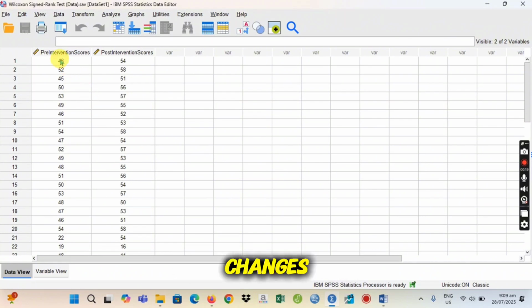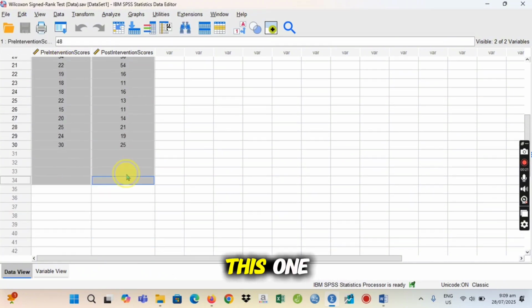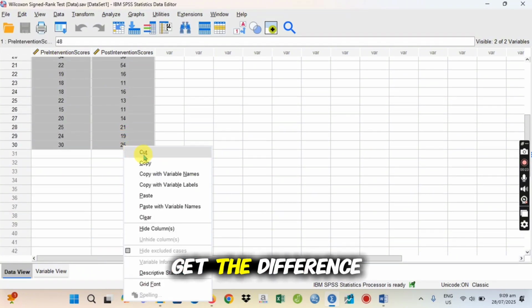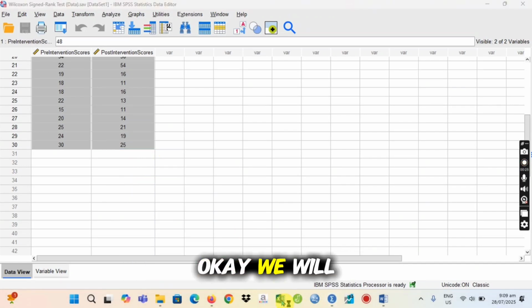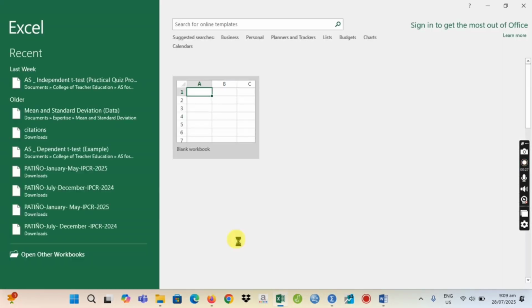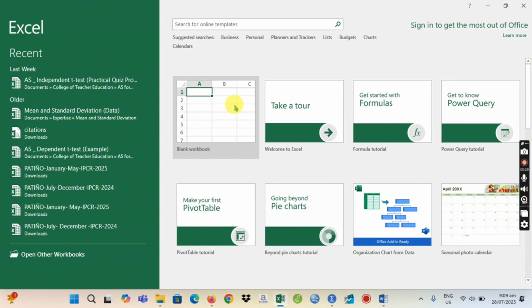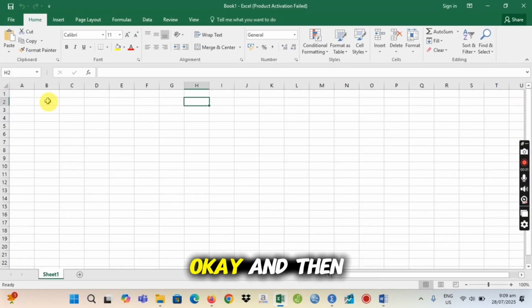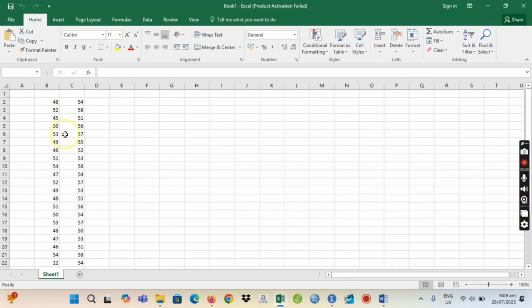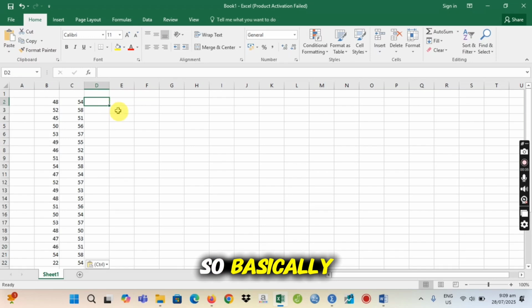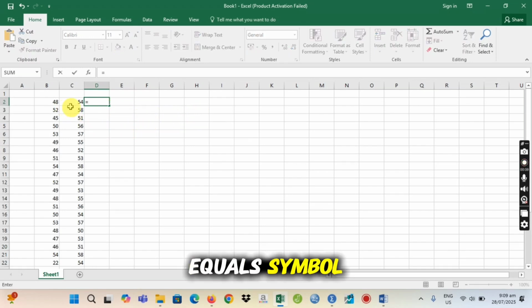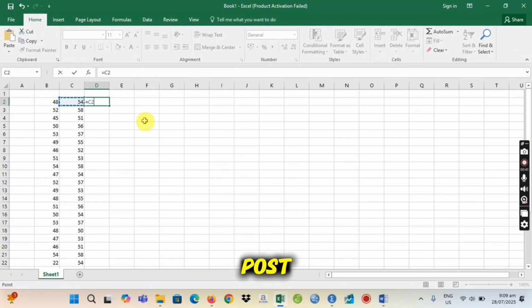Okay, let's go back with our data. Since there were changes in the scores, we can copy this one and we will get the difference. Okay, we will use Excel. Okay, and then paste. So basically, we will use a formula, equals post minus pre.